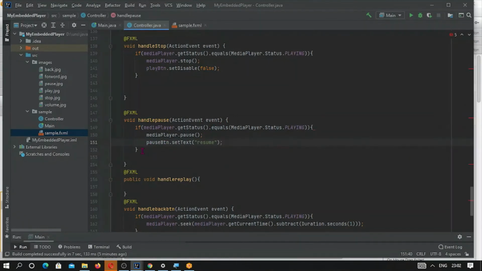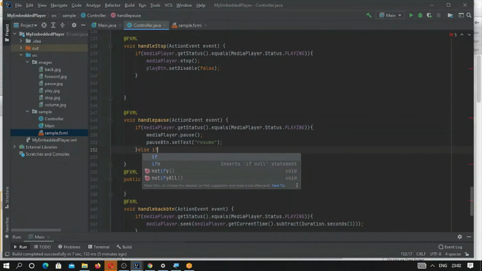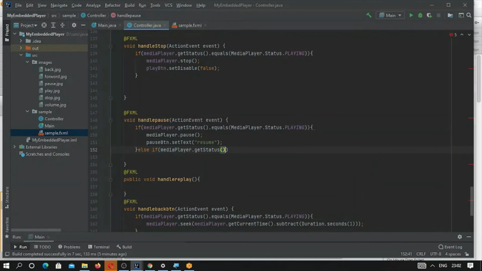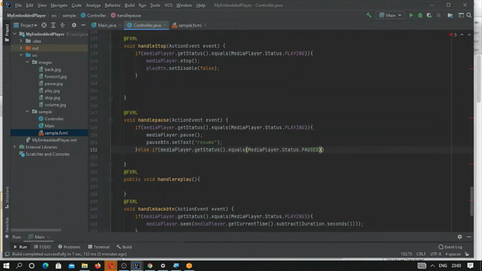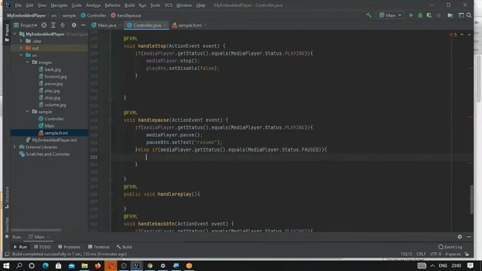But if we press it again, the same pause button should behave differently, so in that case else if media player dot get status dot equals status dot paused. If it is paused, in that case we have to resume, we have to play again.